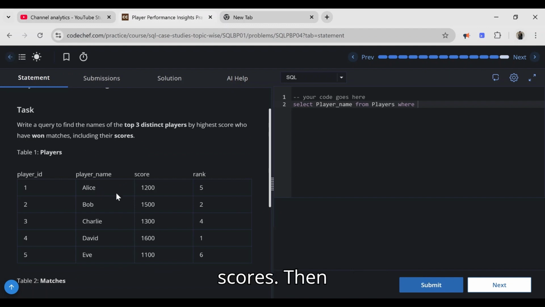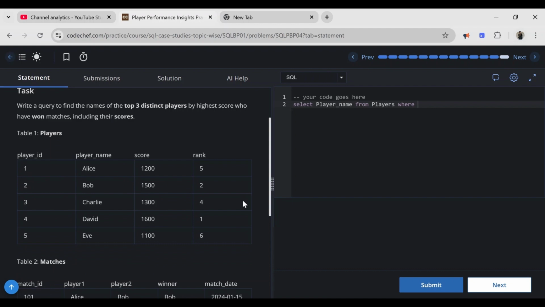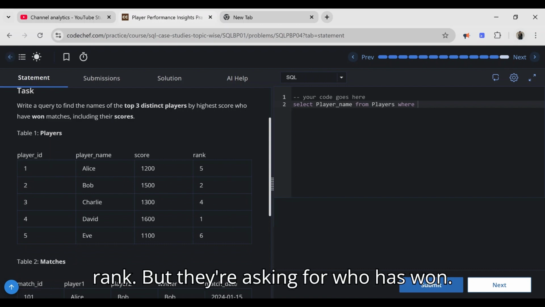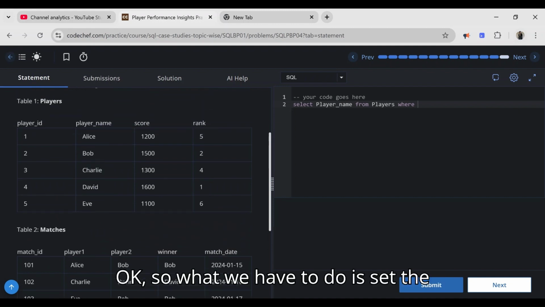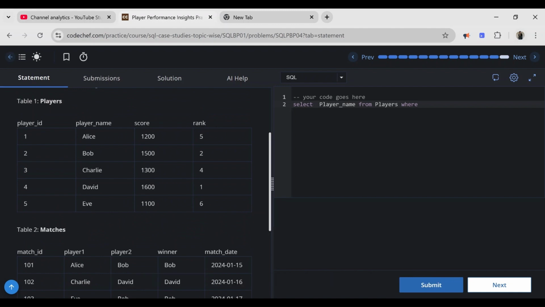We need to even display the scores. Then we have only player ID, name, score, and rank, but they're asking for who has won. So we have to even check this table. The matches are here and the winners are being mentioned here. So what we have to do is select the player name. We will mention this as p.player name, comma, p.score,